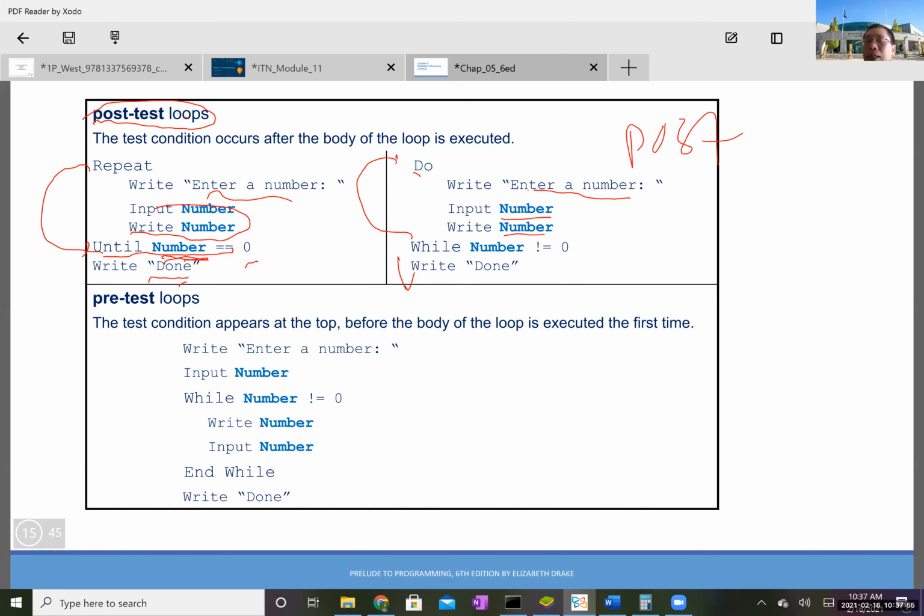The post-test is the one where you have at least one iteration of the loop, and after that, you check the condition and exit the loop here. For the pre-test, whatever it is, you check the condition first. After that, if the condition here is correct, keep going, and if not, exit the loop. So for the pre-test, if the condition is checked at the beginning and it's not correct, you don't have to do anything; you have no iteration in the pre-test. But for the post-test, you remember that whatever it is, it always has at least one iteration of the loop here. Okay, so now if you come back to my example here,